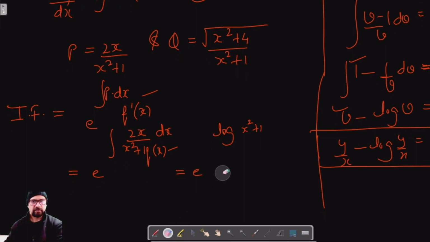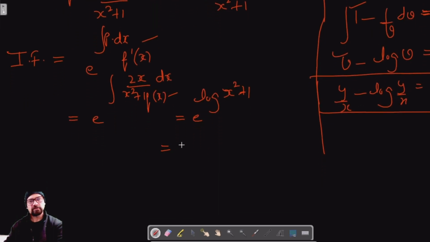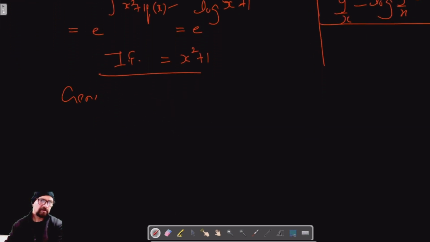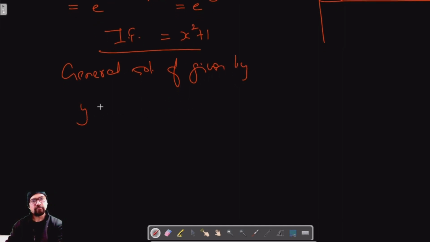So we are done with the integration. This is the integration of log of x squared plus 1, which is equal to x squared plus 1. So our integrating factor is x squared plus 1. And we know that the general solution of such a form is given by y into integrating factor is equal to integration of Q into integrating factor into